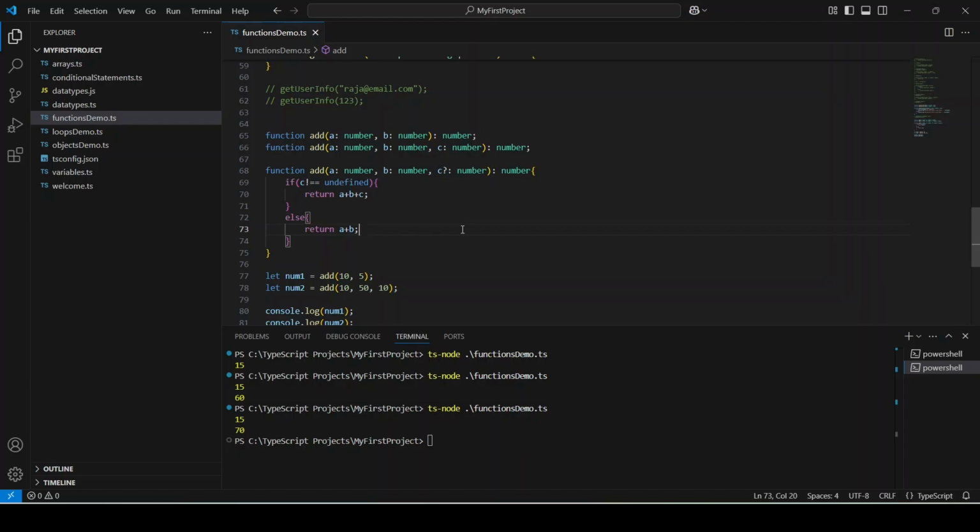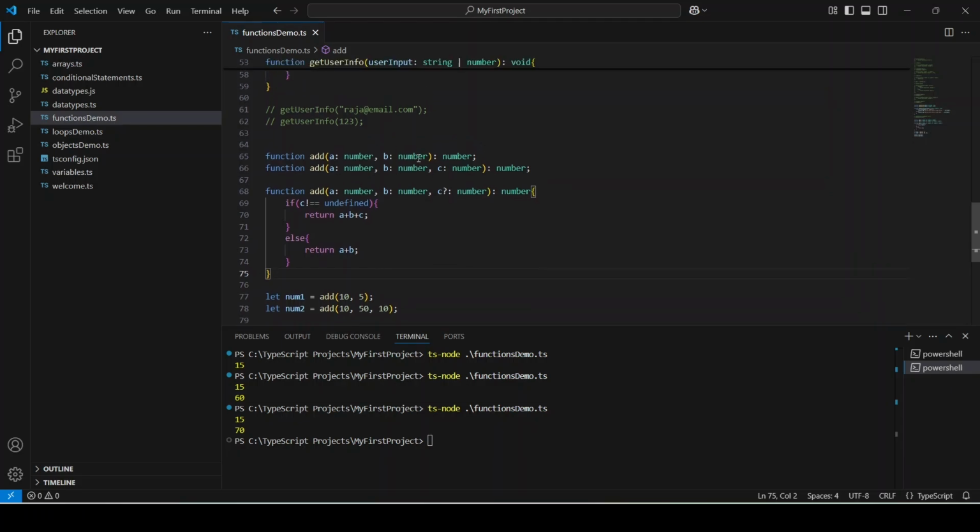We will cover that in a separate video so that it will be covered as an interview question as well, because in most interviews the panel may expect you to know the reason. They may come up with the question: why are you going for function overloading when the same thing can be achieved using optional and default parameters? We will have that discussion in a separate video, but for now, this is how we write function overloading